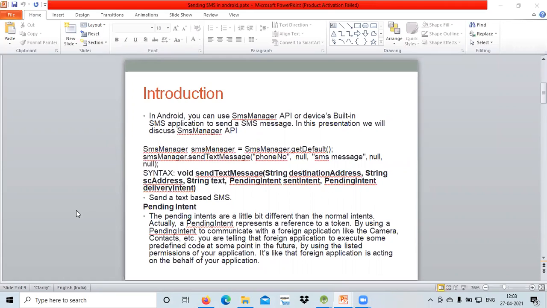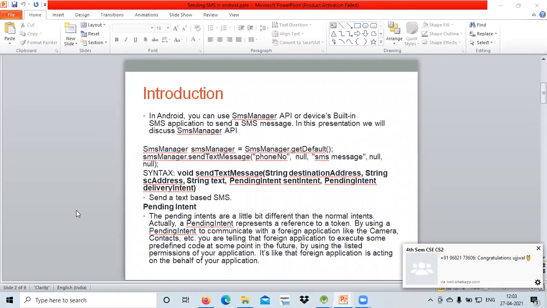Are you clear with this part, what is an intent and what is a pending intent? Yes, everyone is clear regarding this. Yes, ma'am.